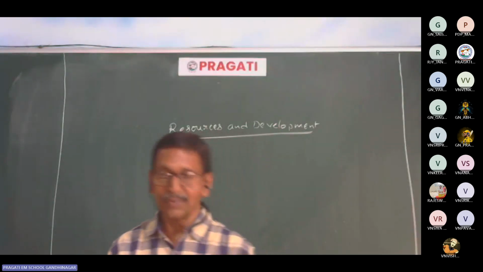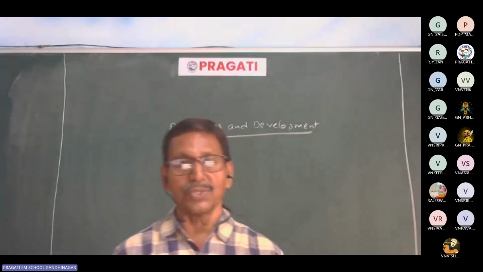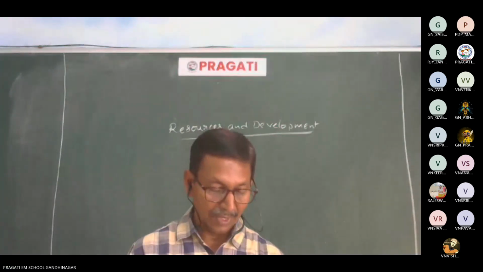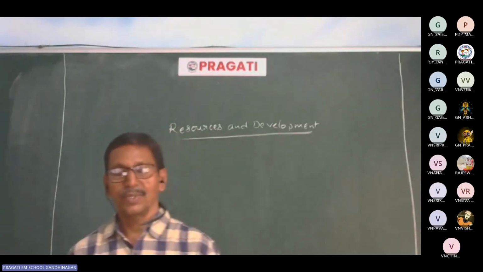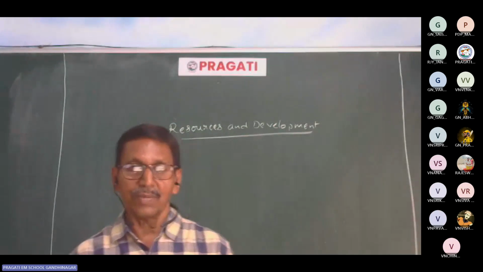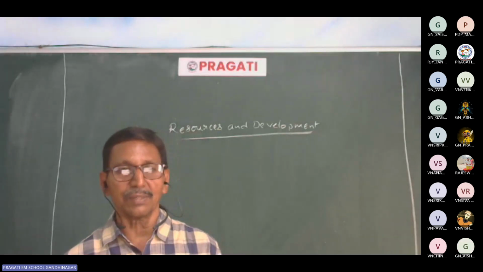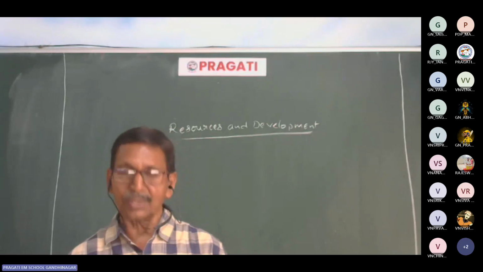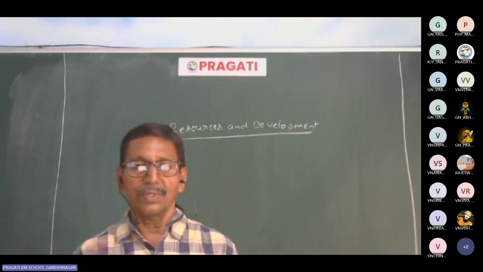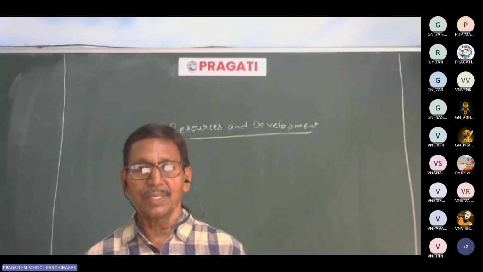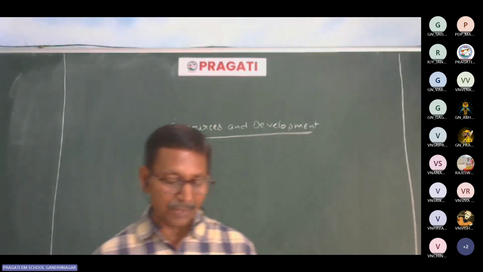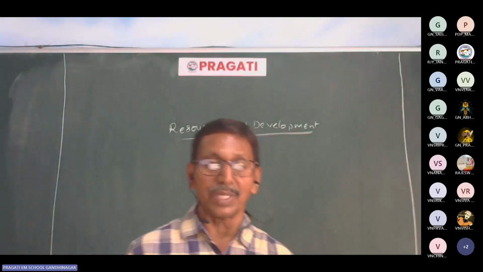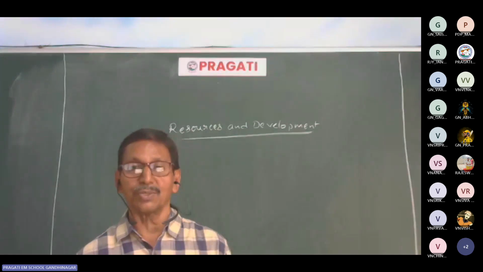Regarding forest and wildlife, you may come across 4 marks, 1 question. From water resources, we are going to have 1 8 marks question. Of course, in 8 marks, we'll have internal choice. Even in agriculture also, we have 1 essay question, that is 8 marks. I think if you prepare well from the water resources, you can get through. Otherwise, from agriculture also, you may come across 1 more question. That is an 8 marks question.